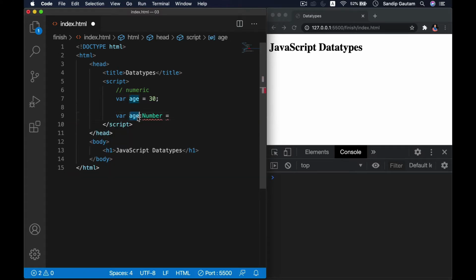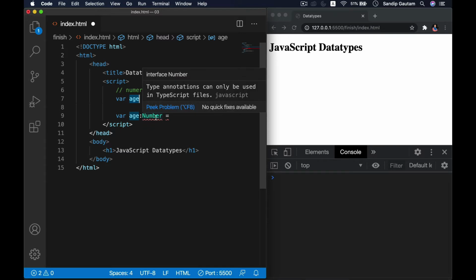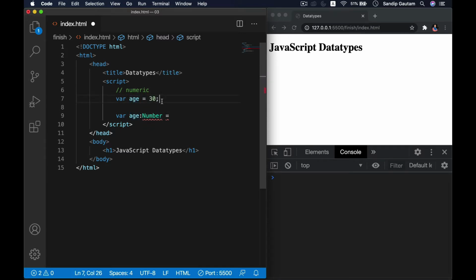So this variable is basically data, and this number is the data's data type. But in JavaScript, we don't define the type of the data like in other languages. The type is defined by JavaScript based on the value you assign on the right hand side. So we can't do this,